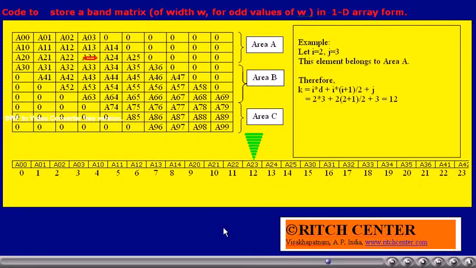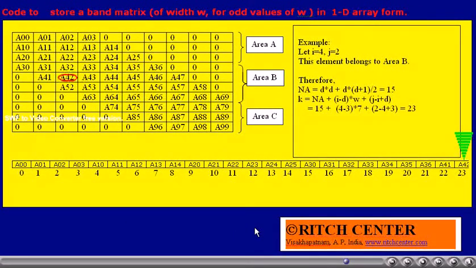Now consider I value is 2, J value is 3. Thus, this element belongs to area A. Thus, we can calculate the K value: I into d plus I into I plus 1 by 2 plus j, that is 12. The 12th element is the one of our interest.